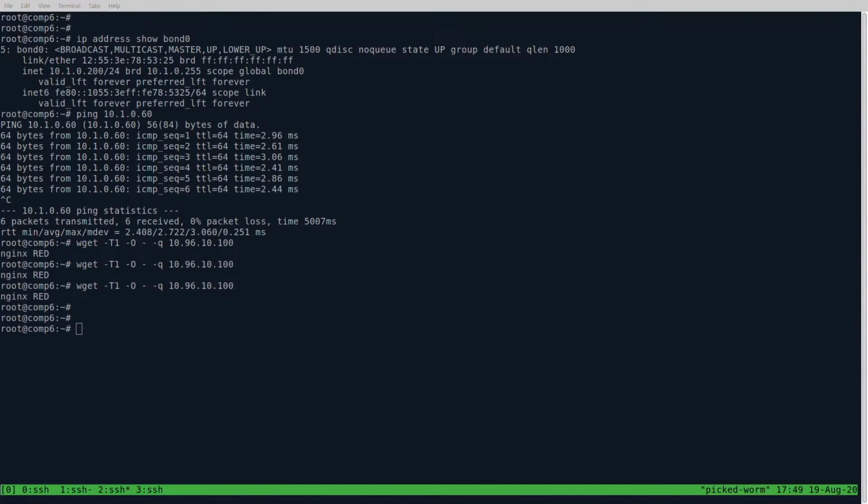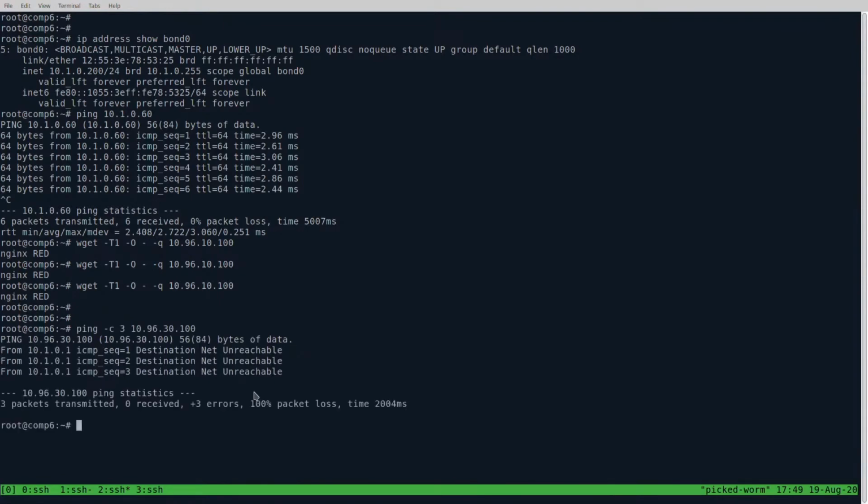Now, what shouldn't work if we've configured our switches correctly is trying to communicate with the cluster IP located in VRF green. So we'll try to ping it. And we can see that the message that we receive is that the destination net is unreachable. So this subnetwork isn't even located anywhere in the VRF red. It is only reachable in VRF green in this topology. So everything is working as it should.